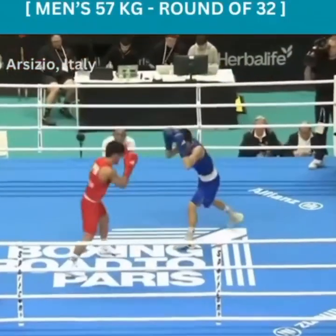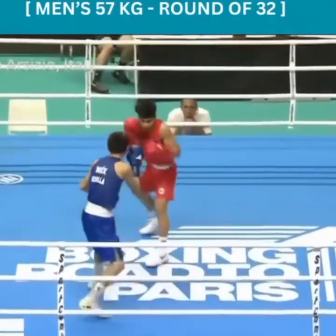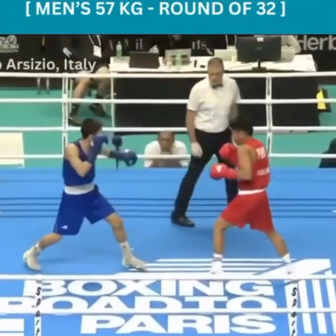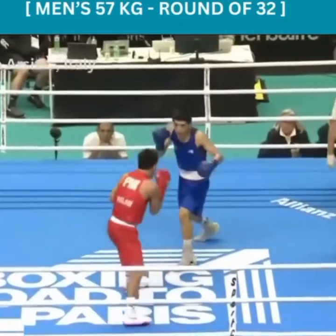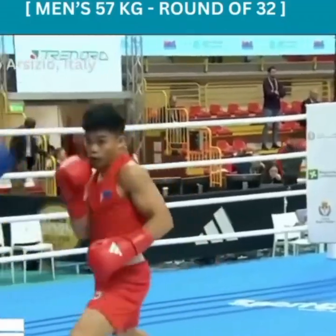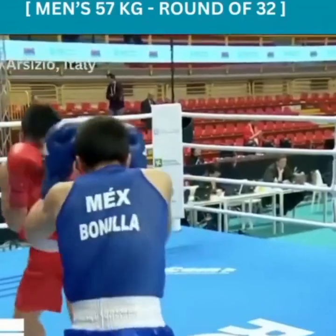So we're in the men's 57-kilogram division. In all 7 of the men's weight classes, victory in the quarterfinals is enough to secure the Olympic quota. This one is between boxers from the Philippines and Mexico. The muscular figure wearing red is Carlo Paalam, the Tokyo Olympic silver medalist, losing to Galal Yafai in the gold